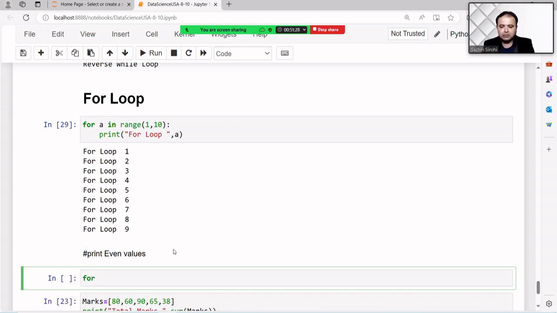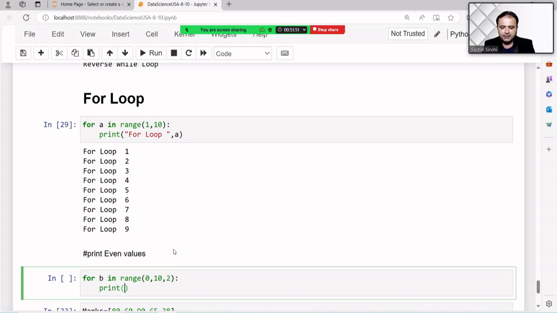Start for b in range, start from 0 to 10, comma 2.